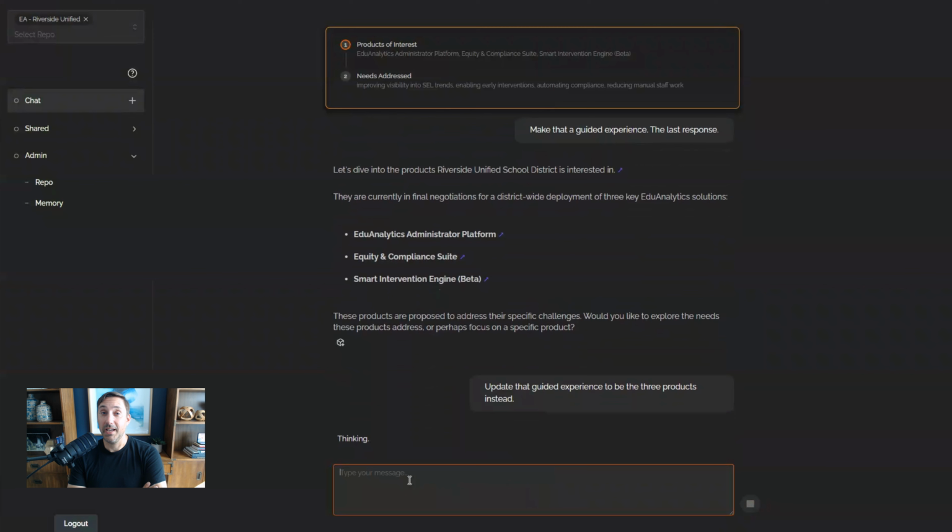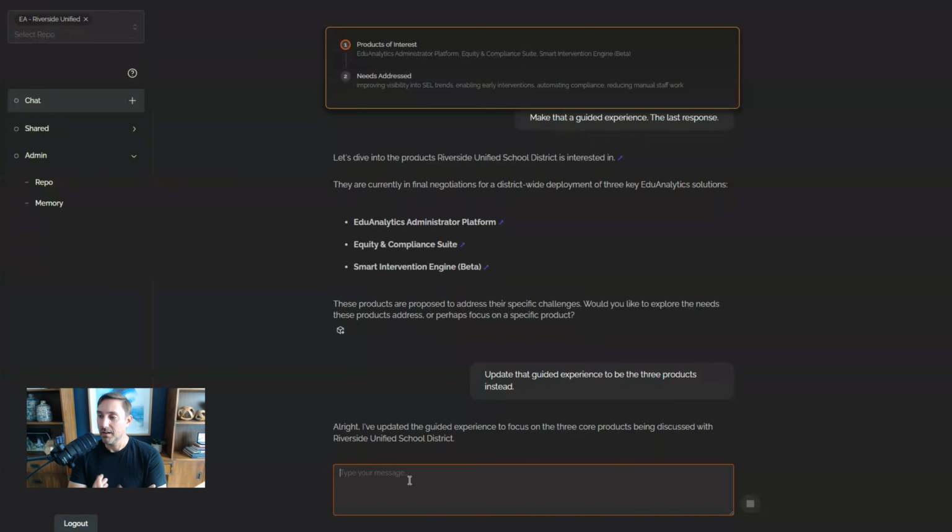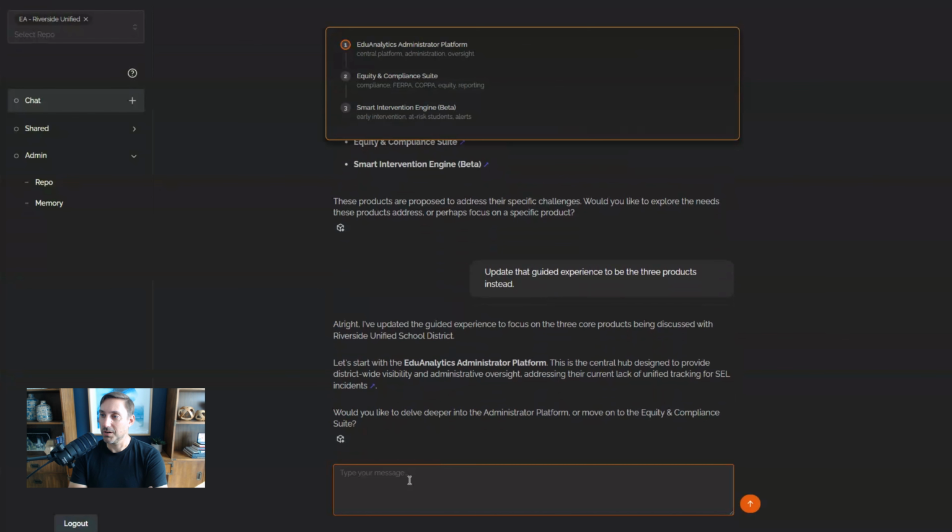So I can actually update it because it's not like that was stored in a database. It was just stored in memories. So the instructions were stored as a memory, and then the response was stored in short-term memory. So there we go. So now I have these three different products that were updated, and this is called a